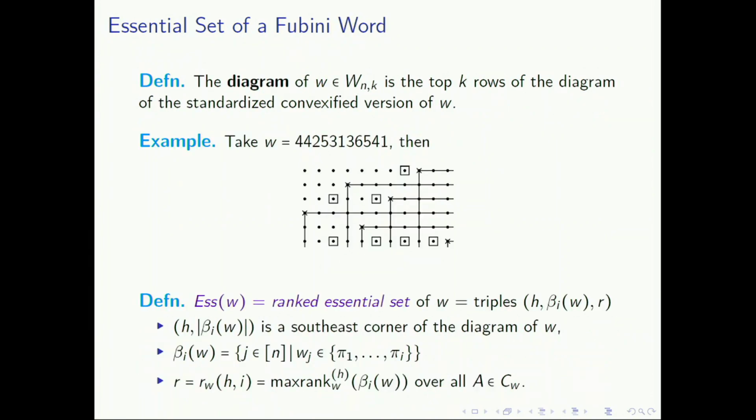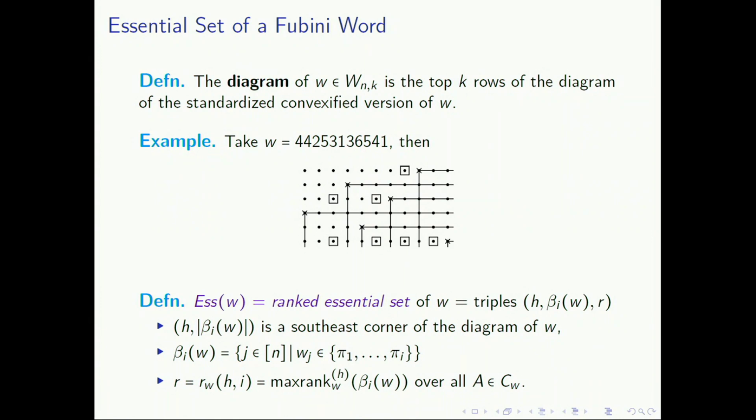So we had to do something like the essential set. We knew that you can write down something like a diagram of a permutation as well. It didn't work quite right off the bat because you have multiple letters and they can be interspersed however you want. But if you take a corresponding word, so here I have a long word, 4, 4, 2, 5, 3, 1, 3, 6, 5, 4, 1. Take all the 4s and shove them to the left, because 4 is the first letter that you see. And then the next letter that you ever see reading from left to right is a 2, so take all the 2s and shove them left. And then take all the 5s and shove them left. And by doing this, you'll get what